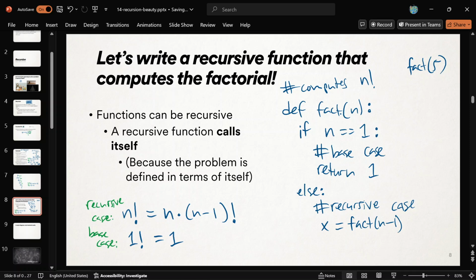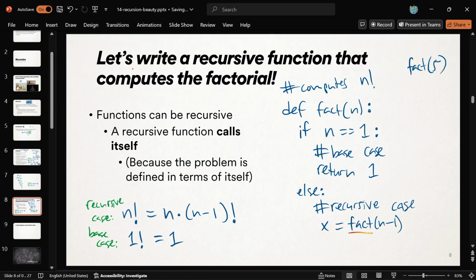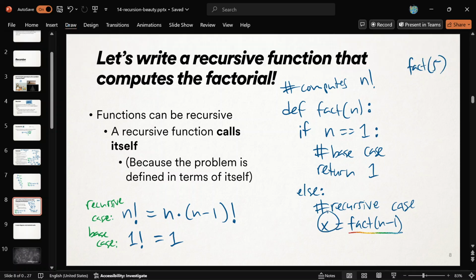Which seems very weird. It's like wishful thinking. Is this going to give us the right answer? Will this ever stop? The answer is yes, as long as we build up the answer correctly and we have our correct base case. So there I am making a smaller call to myself. And then x will hold n minus 1 factorial. I just get to assume that's going to happen. And so if that really holds, then my final answer is my n times n minus 1 factorial, which I just shoved into x by calling myself. n times x, which is wild, okay?